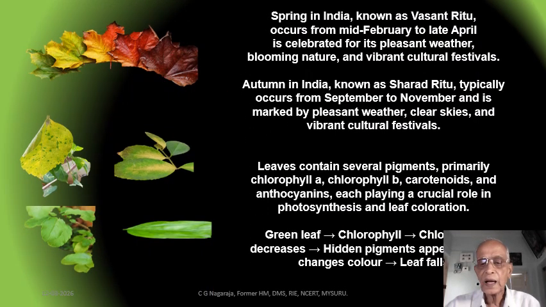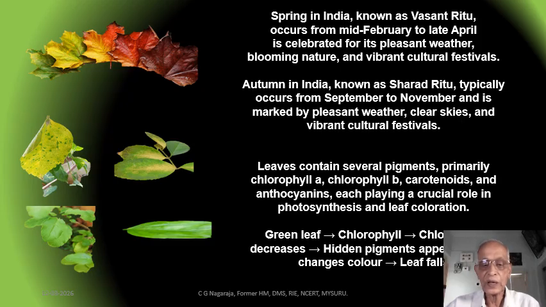Spring is the season where everything will be green. In India, it is called Vasanta Rutu. Then autumn in India is known as Sharad Rutu, where the leaves will start falling down. Leaves contain several pigments, primarily chlorophyll A, chlorophyll B, carotenoids, anthocyanins, each playing a crucial role in photosynthesis and in